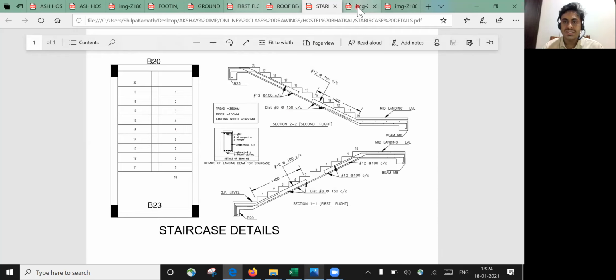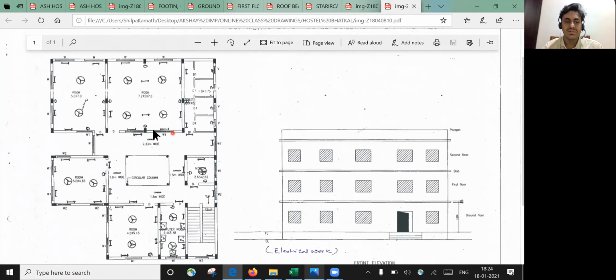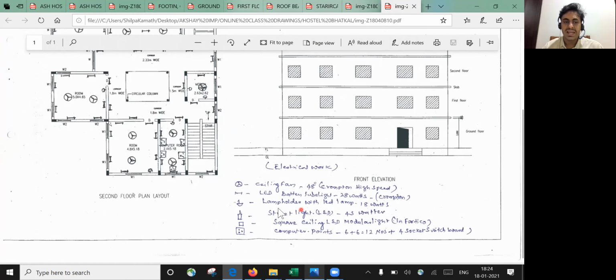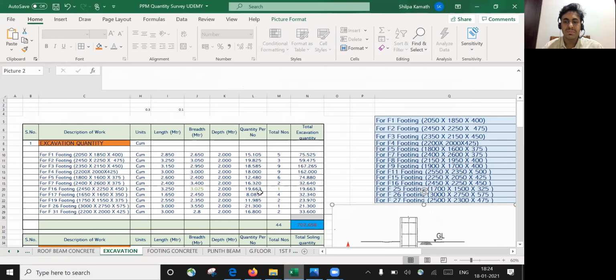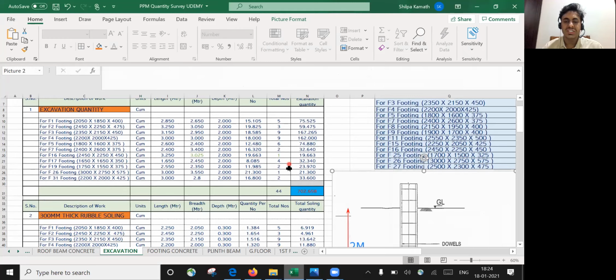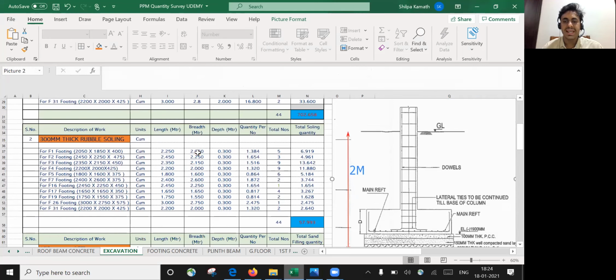And once all these things are done, we'll see what electrical equipment is required, that is, how many tube lights and how many fans are required, and all those things are given in the drawing. It is written here, and based on that we'll work out each and every quantity. And then these are the Excel sheets I have prepared. In the Excel sheets we'll do everything manually first. I'll tell you how to do it, and then we'll do it on Excel as well.